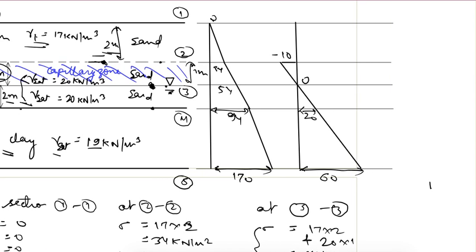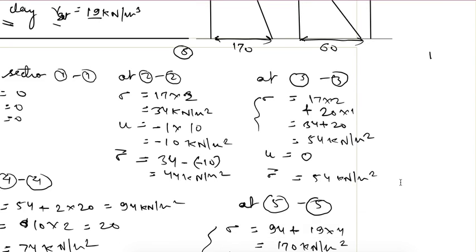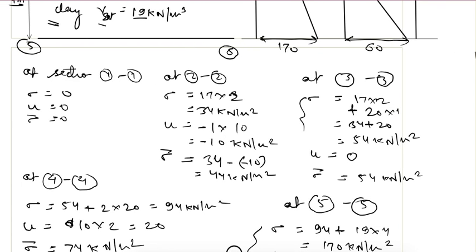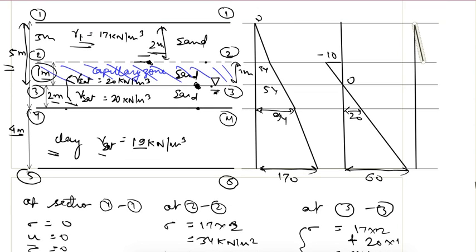Similarly, we can make the effective stress diagram also. So up to here it comes like this. Then there is an increase in effective stress at section 2-2. That is, it was 34, it comes to 34, then increases to 44. So at this section it will suddenly increase like this,